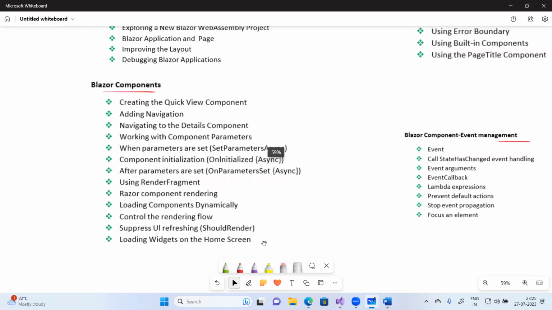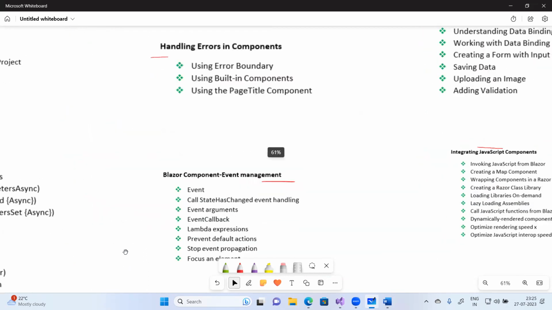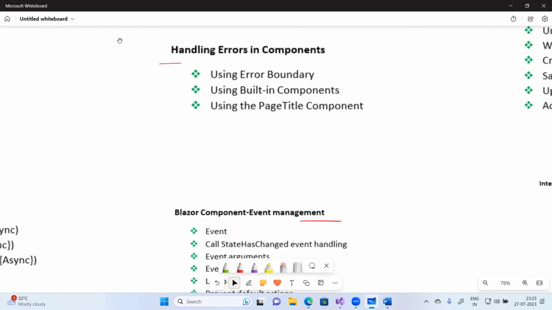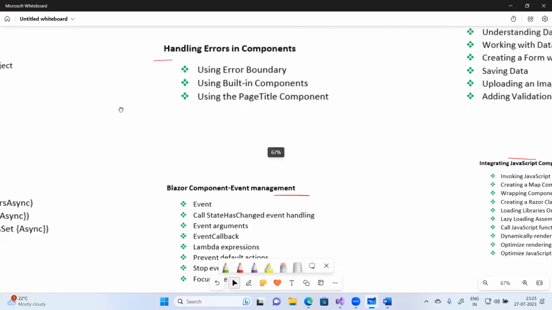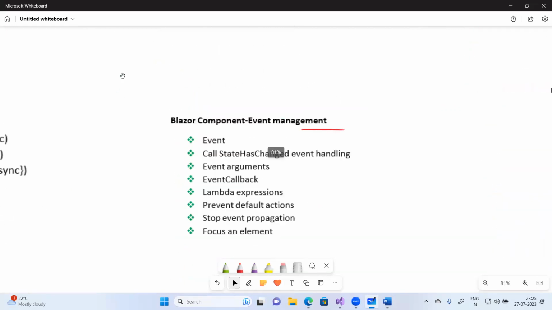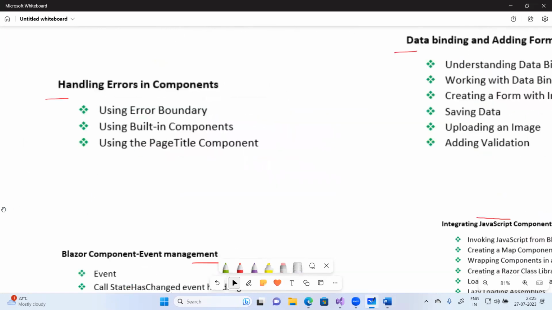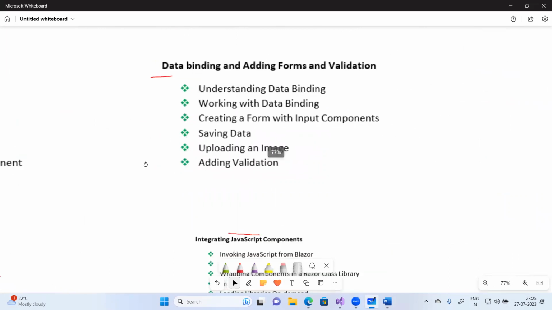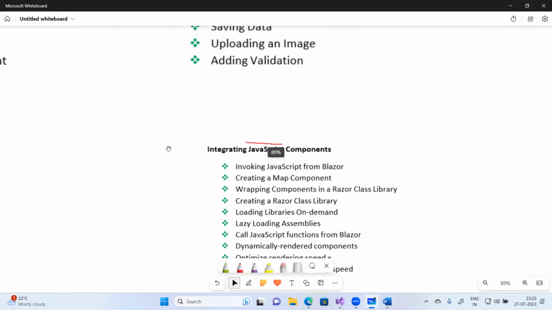I believe this would have been shared with you well before we began this journey. So if you have something, we can discuss these things in the first day of our session, which happens very soon. And then you can have these things in the component in detail. Before that, you had these things in error components. Data binding, we are doing a lot of things, and we are taking care of integrations with the components